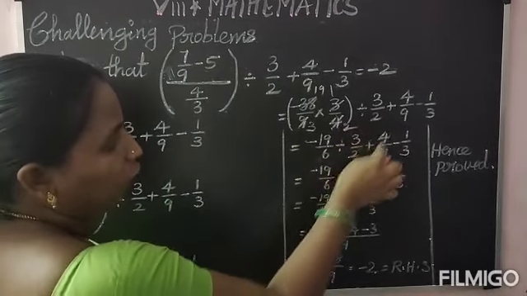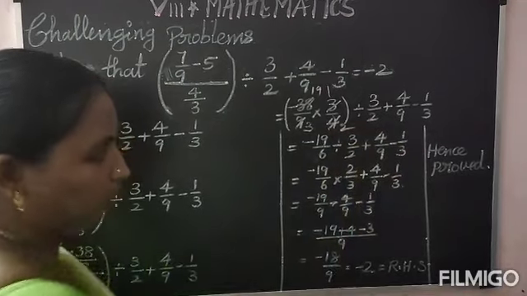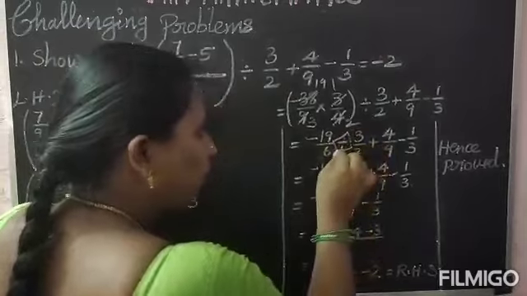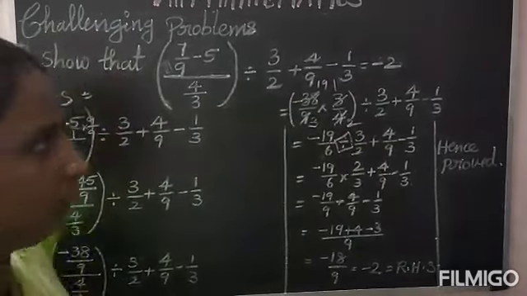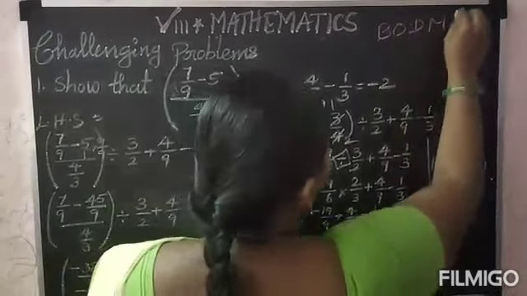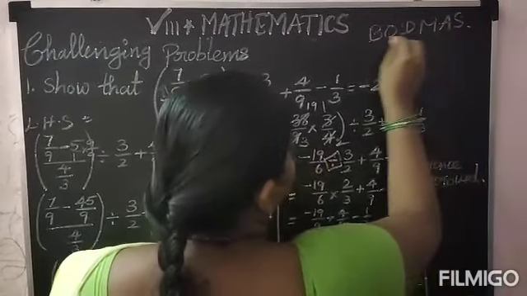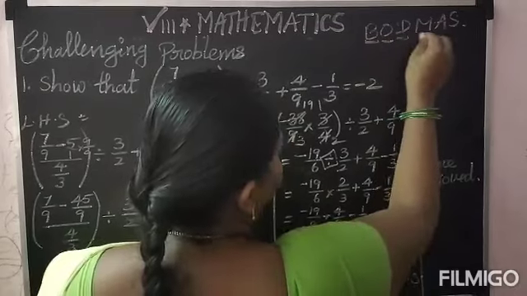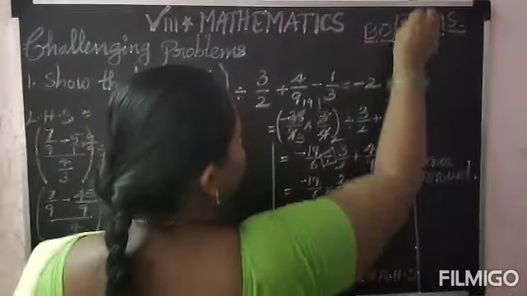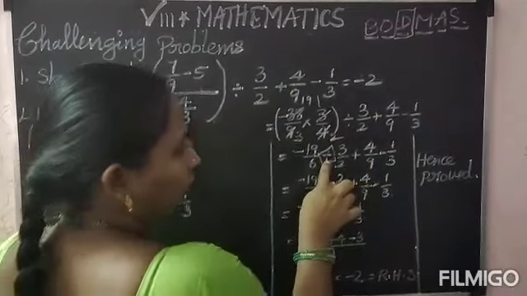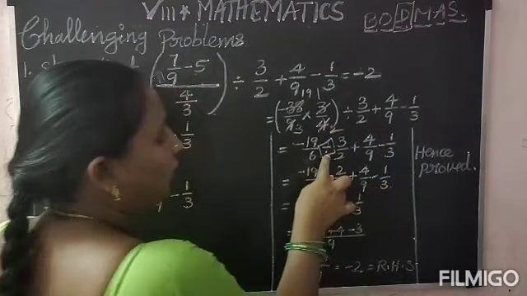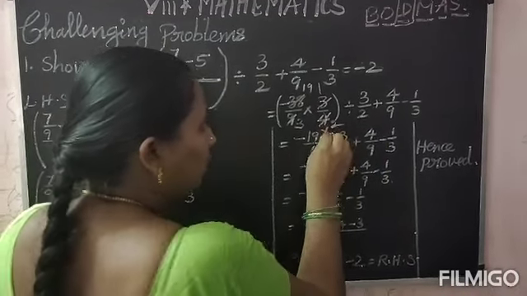Divide by 3 by 2 plus 4 by 9 minus 1 by 3. Okay. So here also you have a divide, so you have to apply BODMAS here. Already we studied BODMAS in 7th standard. Bracket, of, division, multiply, addition, subtraction. So here you have to take division first, isn't it? Division is there, addition is there, subtraction is there. What do you have to do first? Divide. So divide, change it into multiply.